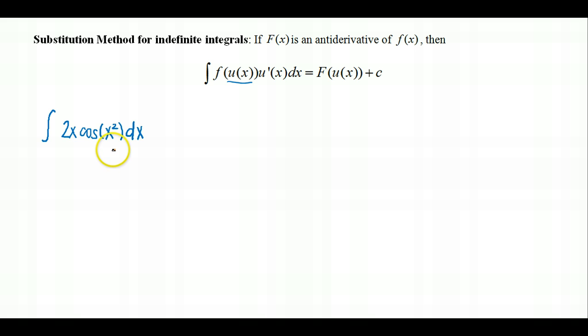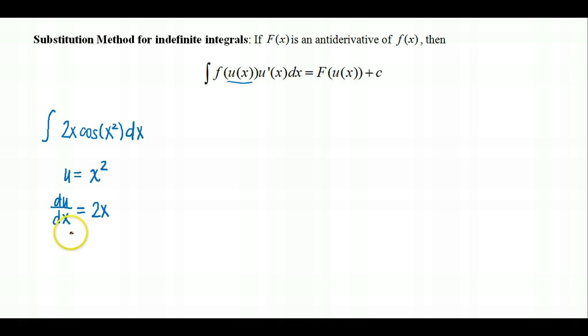This is where the abbreviation, or the commonly known shorthand, u-substitution comes from, because what we're going to do is let u equal this inside function, x squared. Now I want to go ahead and take the derivative of u. The derivative of u, I can write as u prime, but what I'm going to do instead is write the derivative of u with respect to x as du dx. So the left side, du dx, equals